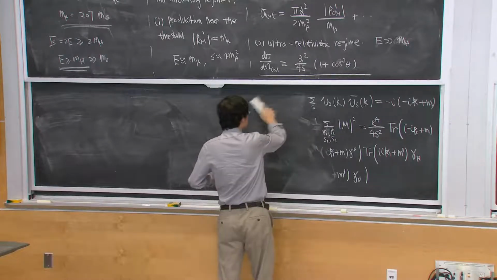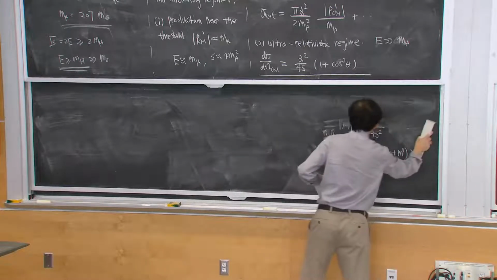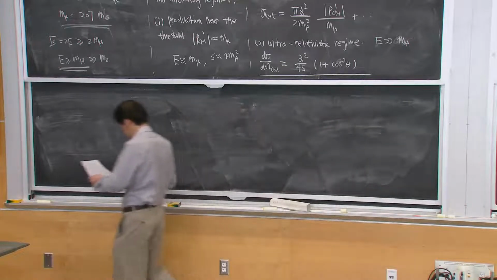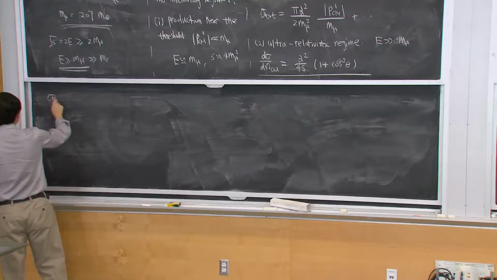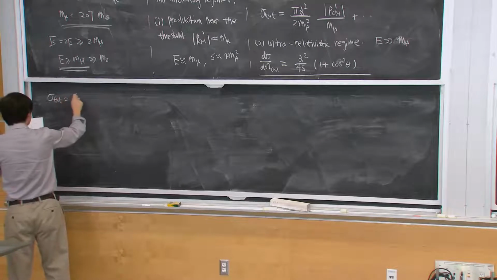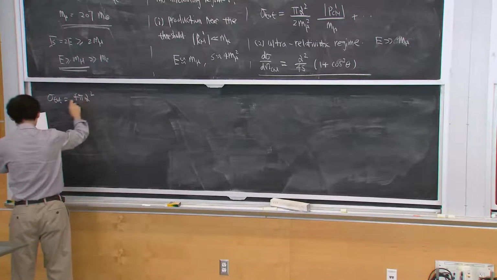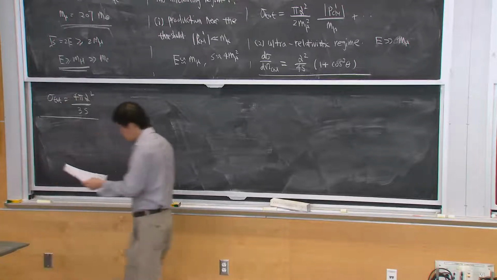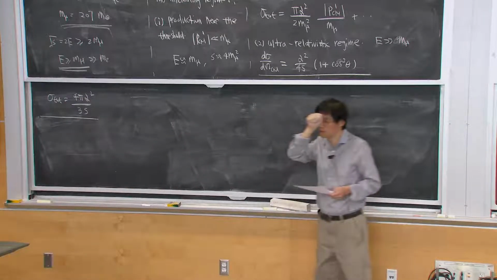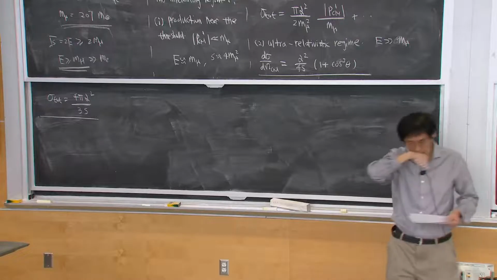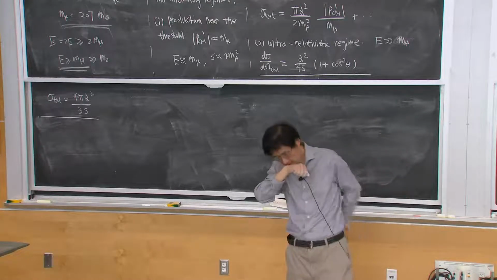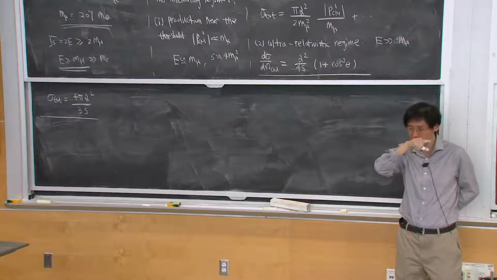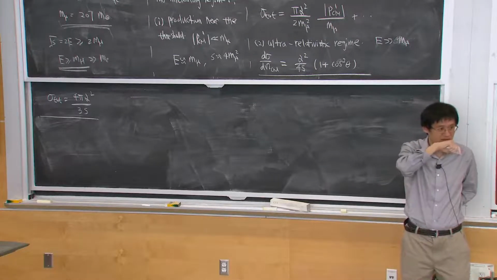So you can find the total cross section given by four pi alpha square divided by 3s. Okay. So now this final formula is very simple. You could have written down this formula without doing any calculation, of course, up to the prefactor, just on